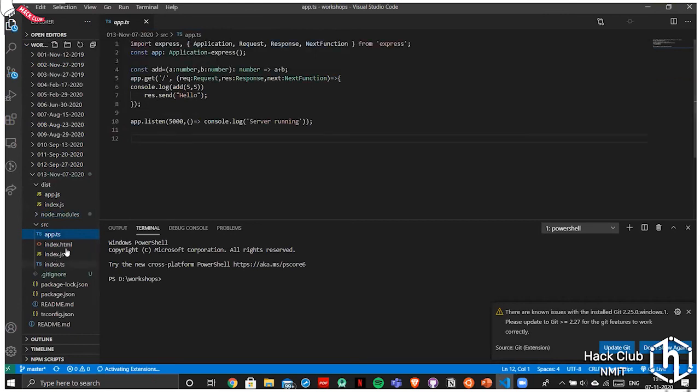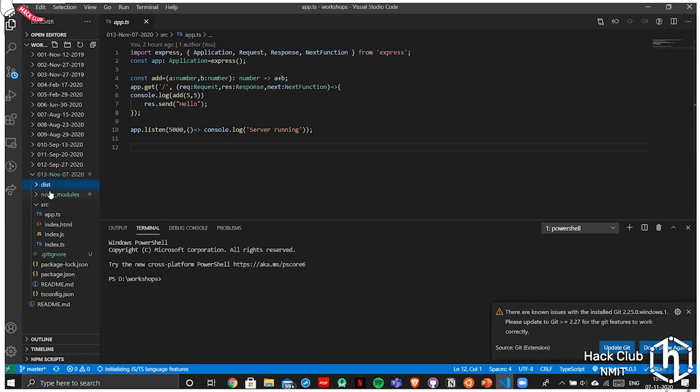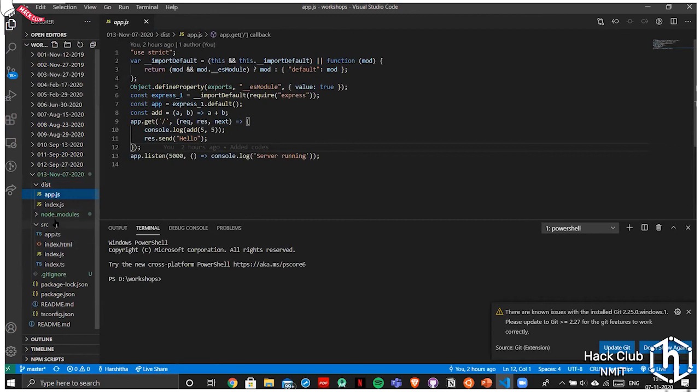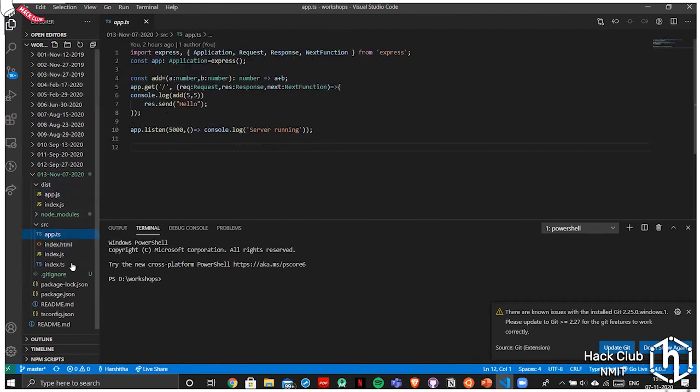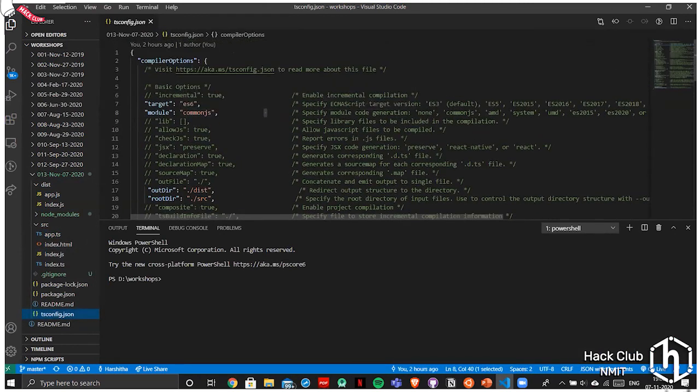Yeah, so you can see here in destination, actually app.js has been created easily. I don't know what's happening now. And here, in the TS configuration, I'll be using target and module.